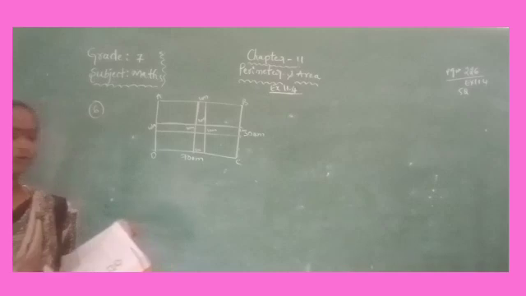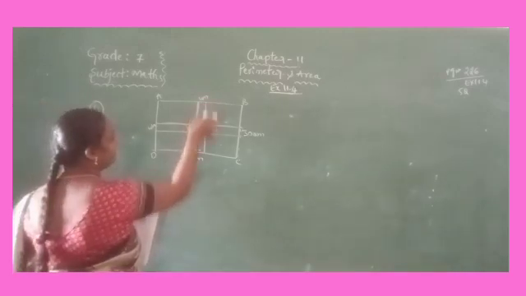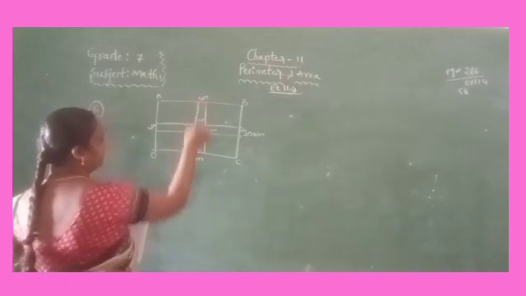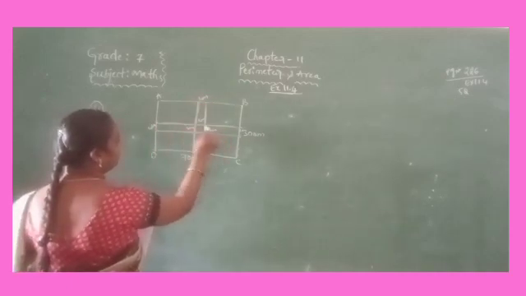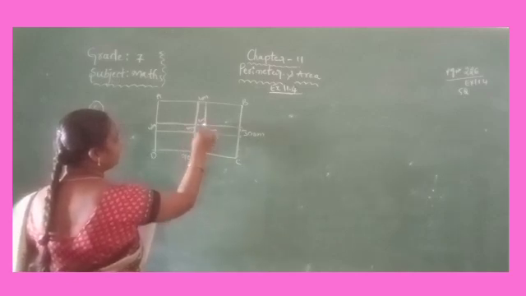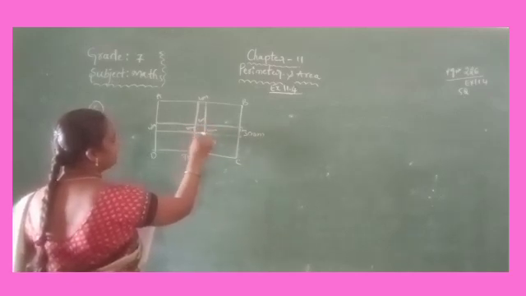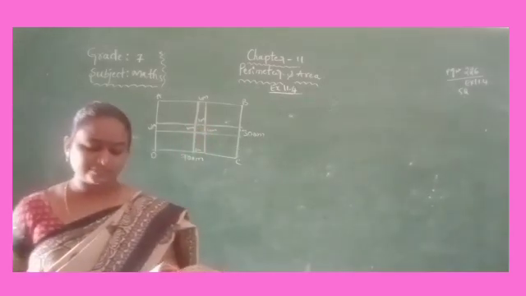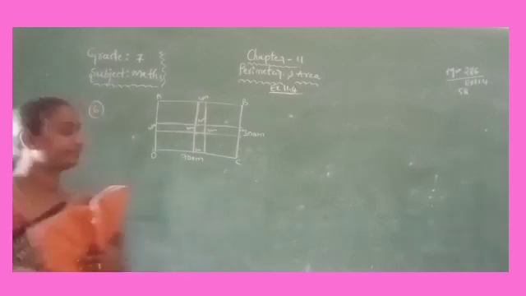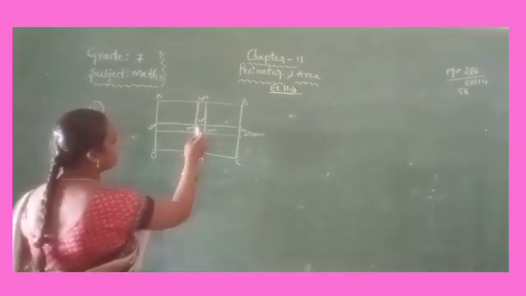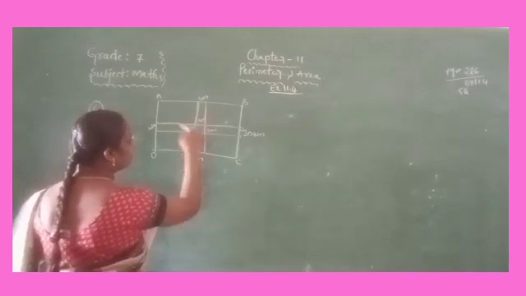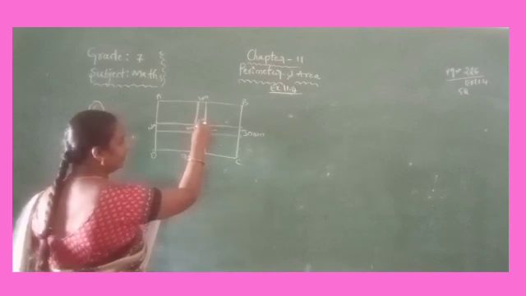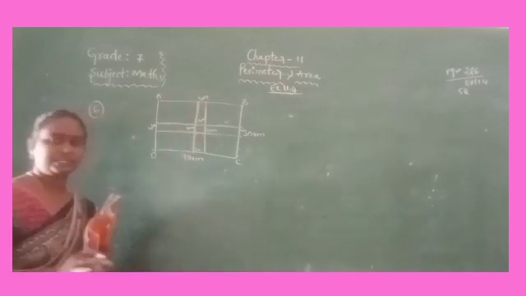Find the area of the road. We have to find the area of these two crossroads. So find the area of this road and the area of this road, and the place where these two crossroads meet at the center, this area also we have to find. And next also find the area of the park excluding the crossroads. The crossroads mean these two roads. Without these roads, what is the area of the park?